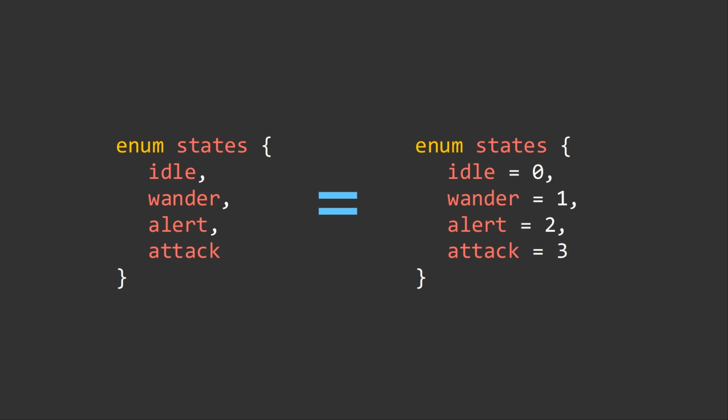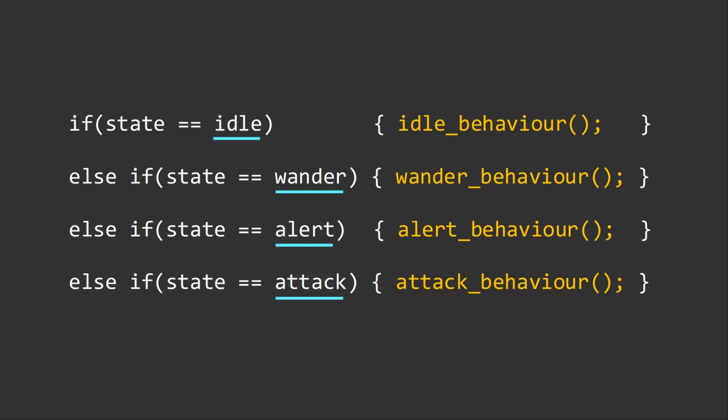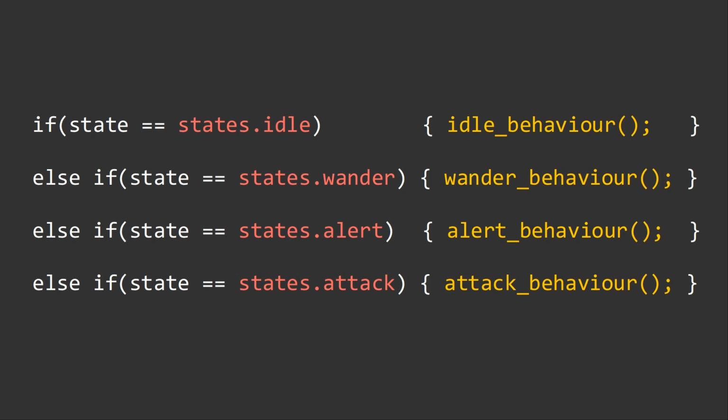And another great thing about using enumerators instead of numbers or strings is that now, since we've kind of set up our own data type, it's going to come up in the autocomplete. So we don't have to remember if we called our state alert or chase or whatever, we can just write states dot and an autocomplete list will come up for us. So it's sort of a compromise between using the strings and the numbers,